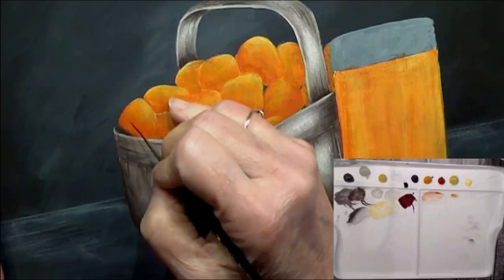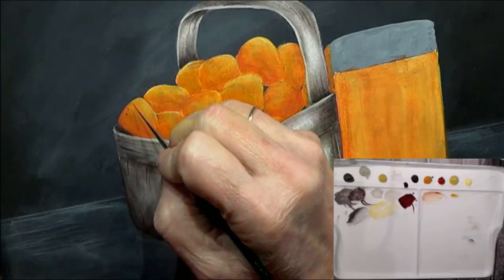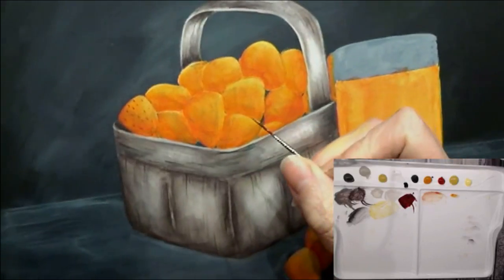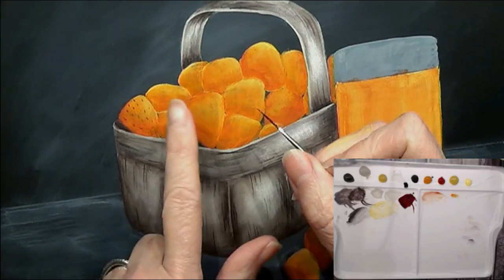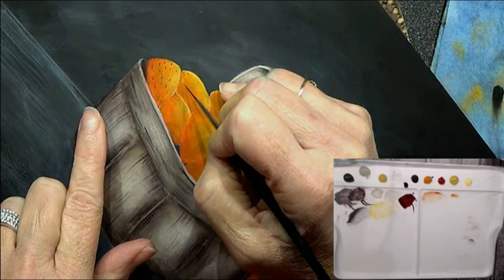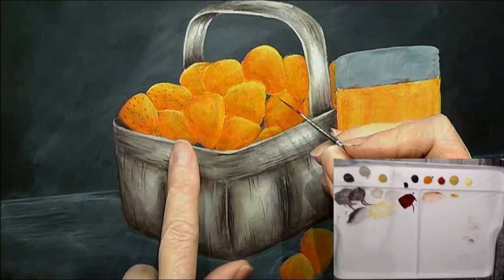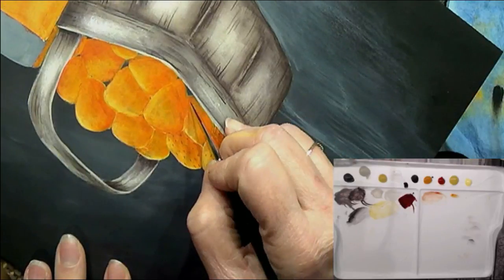We're going to go ahead and add some seeds in here. Ooh, that's a big seed. I don't want it to be that big. Now these are just little dots, and try to offset them a little bit. Now this is where you might want to look at your pattern to be aware of which way your strawberries are going. So like this strawberry is either coming from this edge or this edge. It is your choice, but I have it coming this direction, and I'm just going to add some dots on there. This strawberry, the stem of it is here going this direction, so we need to bring our